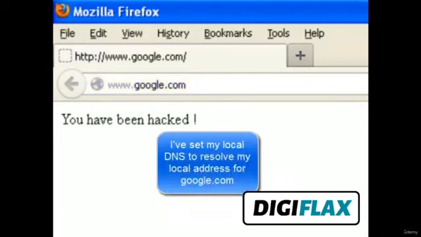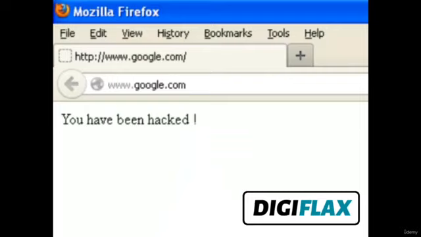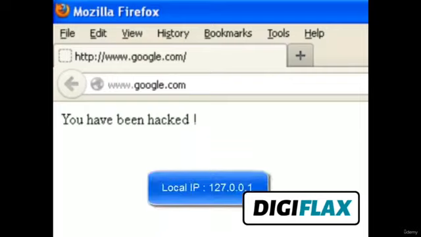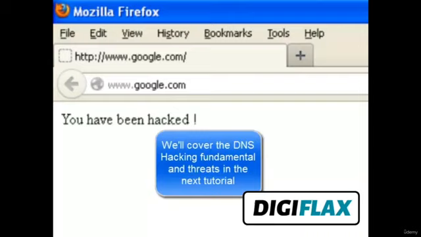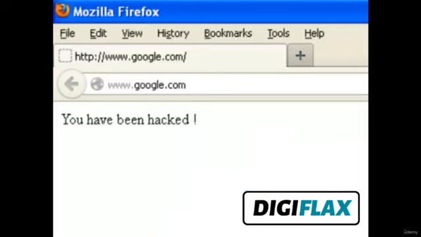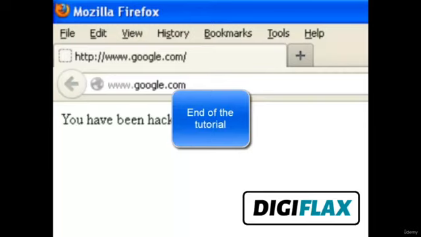I have set my local DNS in such a way that if I go to google.com, it resolves the IP address as my own local server IP, which is 127.0.0.1. Interesting, isn't it? In the very next tutorial, we'll cover how to do that and what the threats can be if someone is able to hack your DNS.